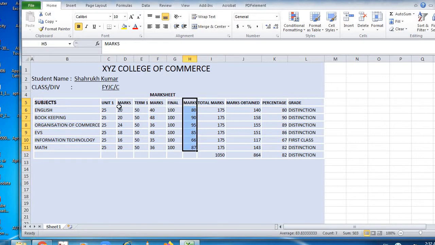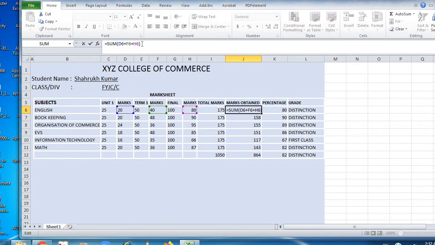Now the total of the columns D, F, and H. Here I put the formula, equal to sum. You can see the formula over here: D6 plus F6 plus H6, everything is highlighted. So these three totals have to come here by putting the sum formula. So I got the total, that is 140.